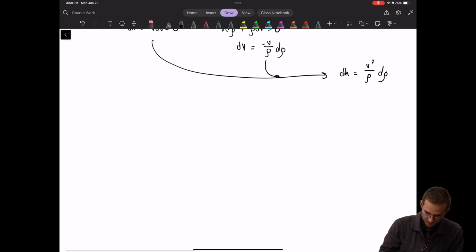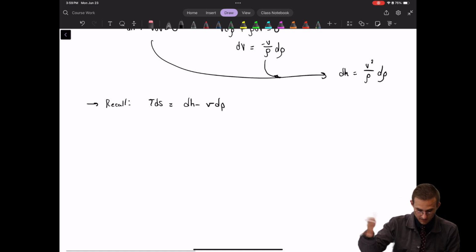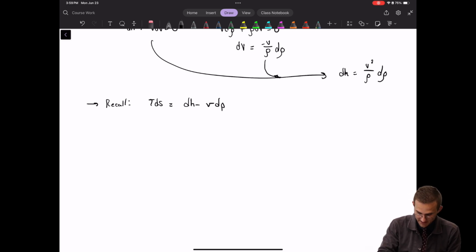Okay, so recall that TdS is equal to dH minus V dP. That's just the fundamental thermodynamic relation, first and second laws put together with the definition of enthalpy subbed in. If we sub this into that relationship, what we get is that TdS is equal to V squared d rho over rho